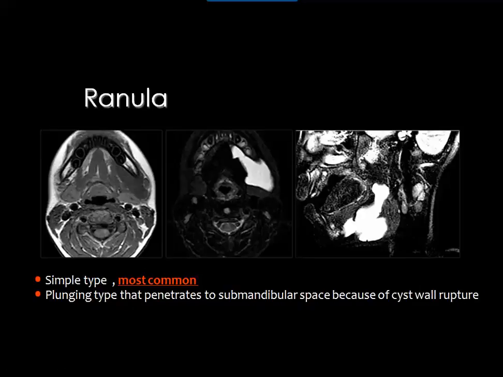ranula which is branching or penetrating or extending into the submandibular space. In here you see there is a lesion which is of low signal in the T1 and high signal in the T2. In the sagittal image you can see that the lesion is branching and extending into the submandibular space. This is the submandibular salivary gland, and this is the opposite one, and you can see the extension of the